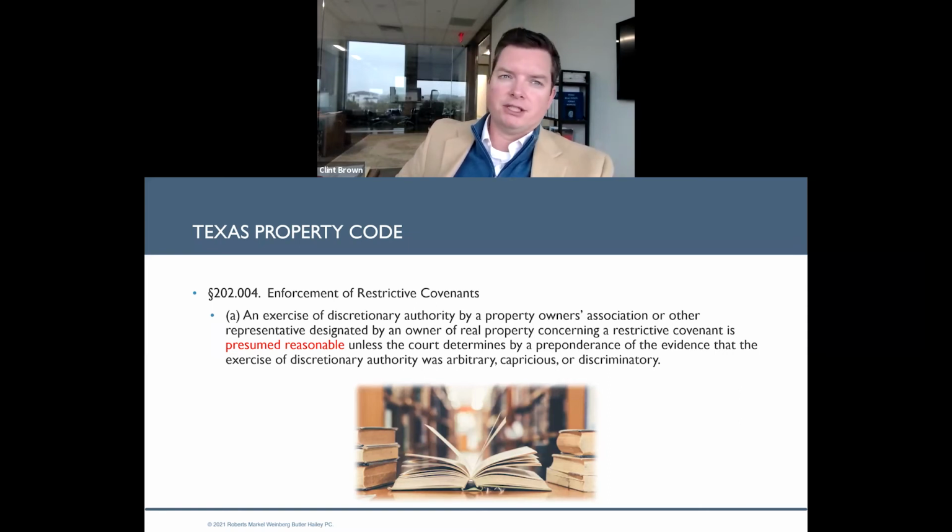But arbitrary and capricious, let's go through an example. So we live in a 100-home community, and we're a no RV community, and we've got 7 RVs in the community. And they've been there for 2 years. Well, one RV is right next to the board president's home, and that is the only RV that the board decides to go after and seek enforcement on. That doesn't sound very consistent, does it? That may be arbitrary or capricious. Why? Because you are not being consistent in your enforcement of your restrictions.